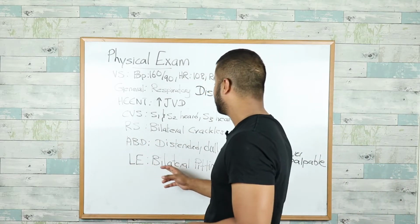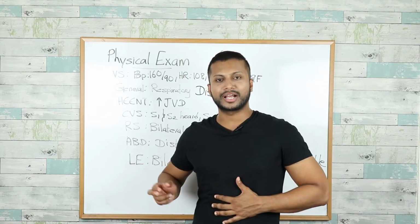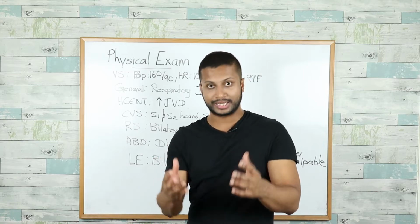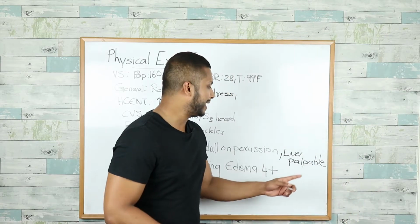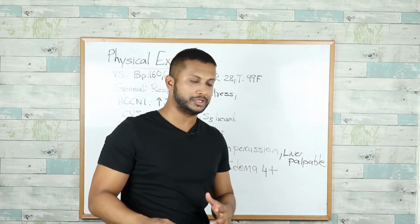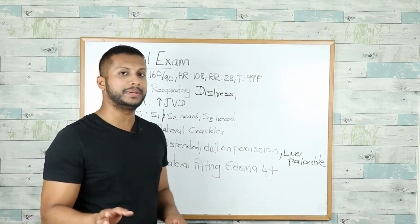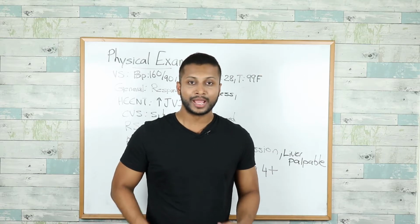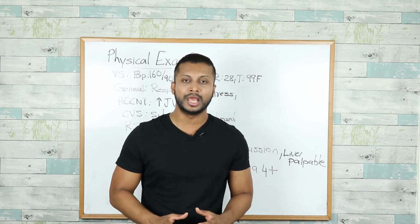And abdominal examination, the patient's got a distended abdomen, and on percussion it is dull, essentially indicating that there is fluid within the abdomen. And apart from that, you also have a palpable liver. Now, hepatomegaly is also present in this patient. And finally, lower extremities, he's got bilateral pitting pedal edema 4+ extending all the way up to his thighs. And the patient, when you look at him, is actually seated in more of an upright position